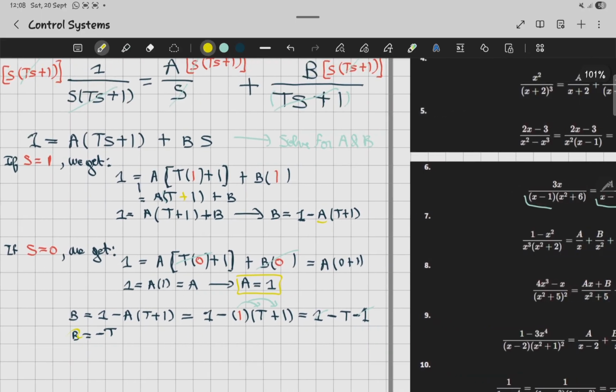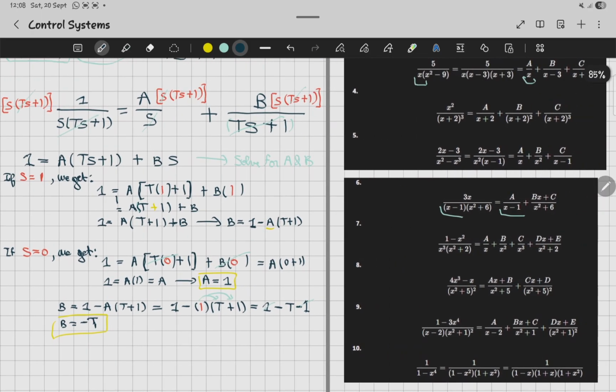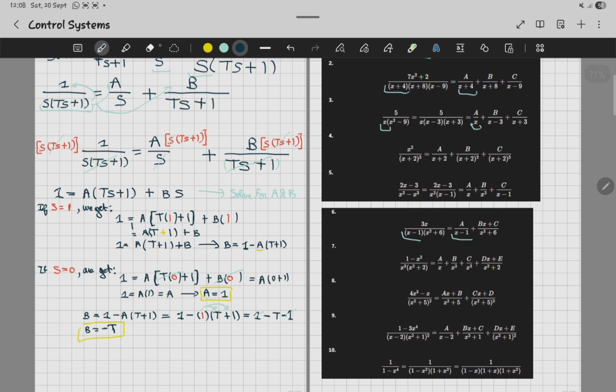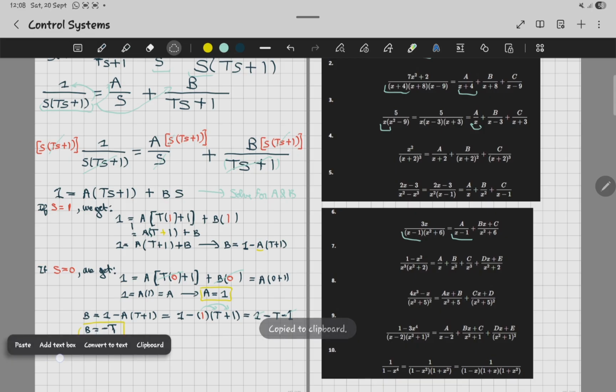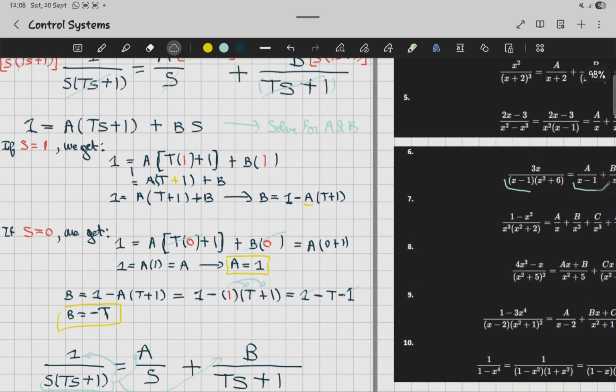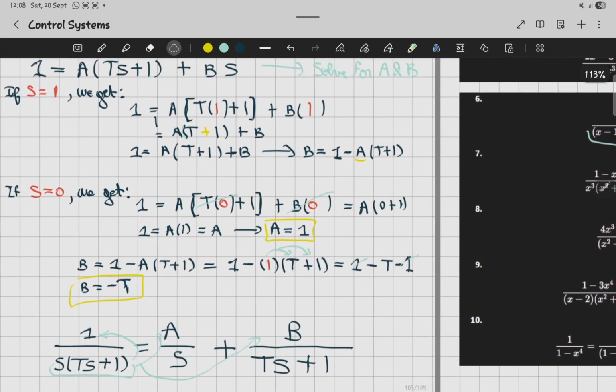That's what we get for b. Okay, and initially we had this equation before, so I'm going to replace the unknown with the exact value. Okay, so this is what we had before, and as we have seen,